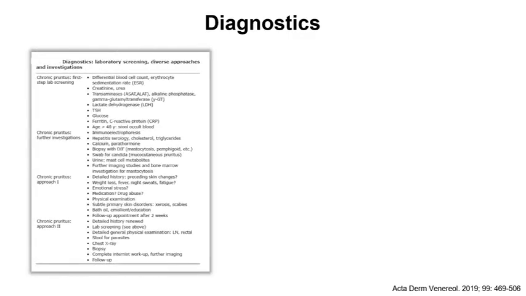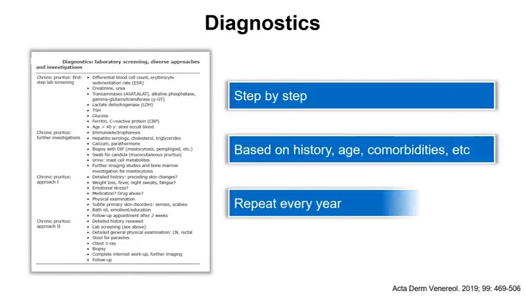Yeah, the diagnostics, what are we doing then when we say we're doing laboratory diagnostics? Of course, we're doing this step by step based on the history, of course, age, comorbidities, etc. And here you find in this nice table out of the guideline detailed recommendations what to do. For example, don't forget ferritin. And this is in fact something our GPs and internal med specialists see very frequently in young women when they come with generalized itching. Sometimes it's iron deficiency, anemia, and then it's very easy to treat them.